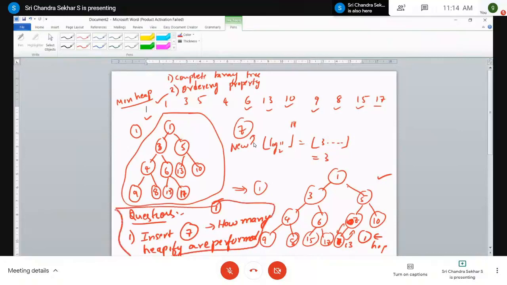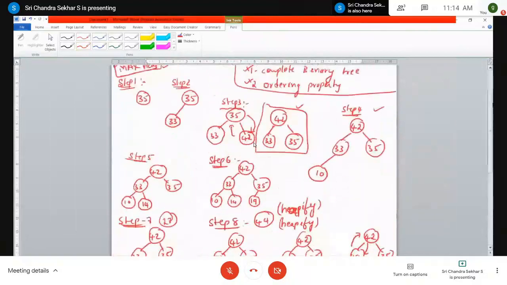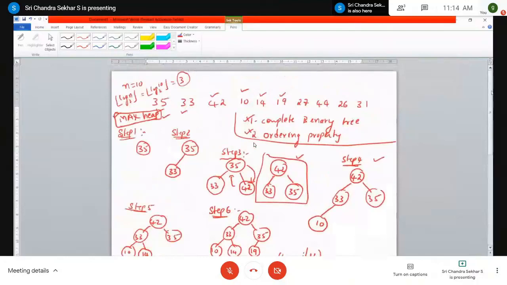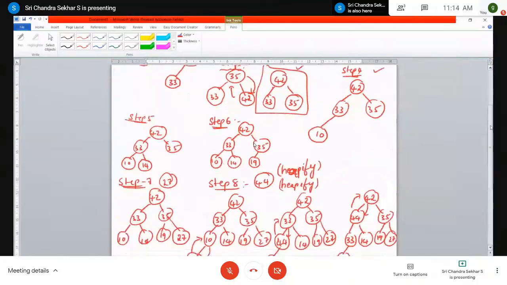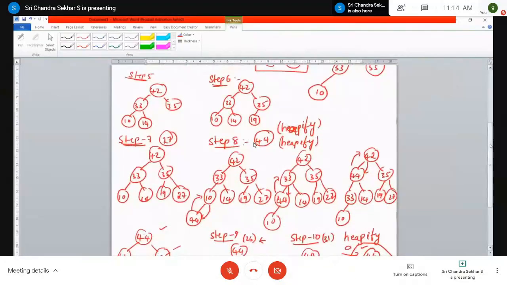For deletion operation also you can go for the heapify, and I will discuss this heapify operation. For example, if you go for the previous example, you may be asked a question like this. He will give some list of elements, and he will ask you to identify the number of heapify operations for performing the insertion of element 44. Therefore, you go for step 8. This is step 4, step 8, where you are inserting 44, right?